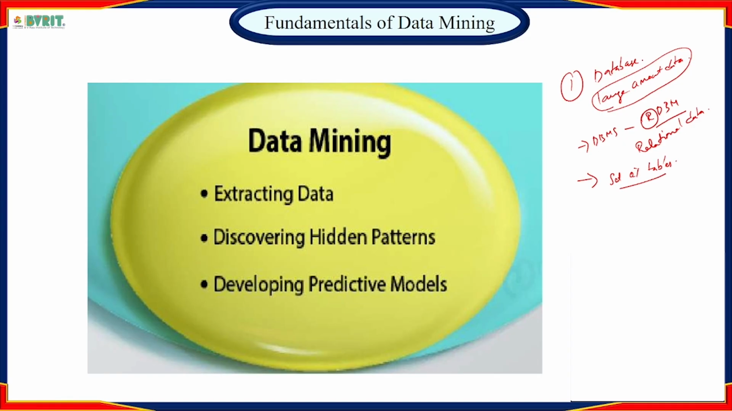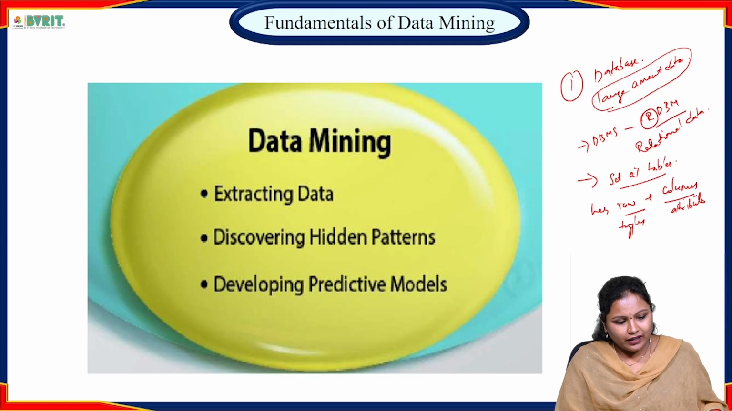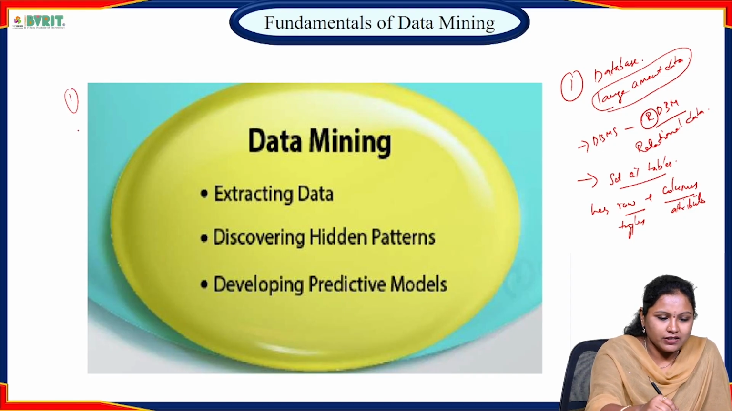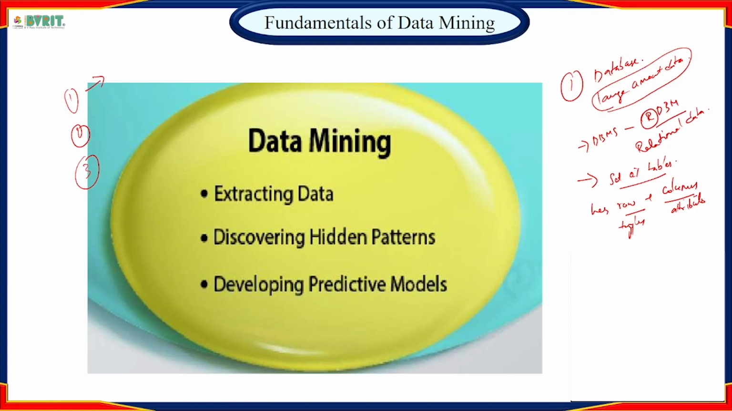A set of tables has rows and columns. Here rows are called tuples and columns are called attributes. So here we mine the data in the database, right? There are three different types of databases from which we mine the data. The first one is database, the second one is data warehouse, and the third one is transactional data. In that, the first one is database. It consists of